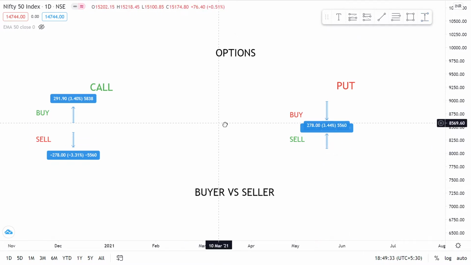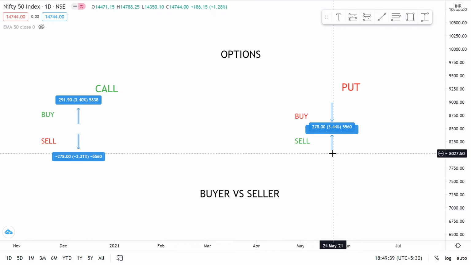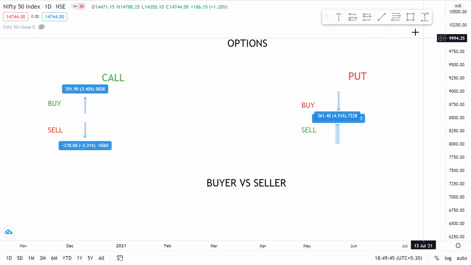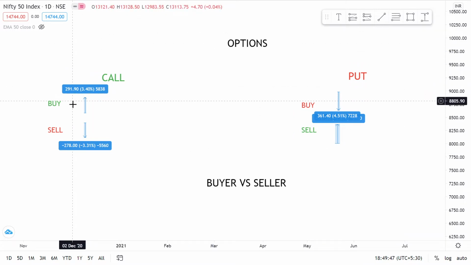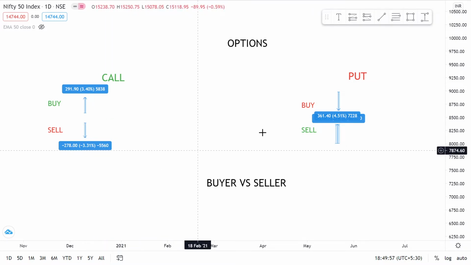So this was the basic meaning behind how people generally trade options. But you may think that okay, there is a 50% chance in either buying or selling. If it increases, I make money. If it decreases, I make money. So what happens when the market moves sideways?